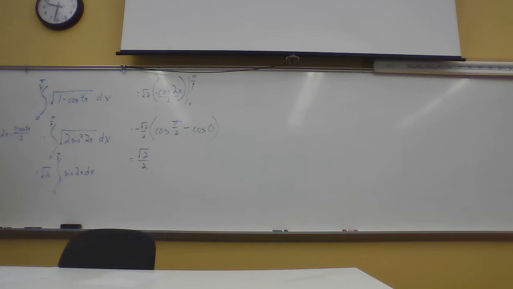So I just multiply both sides by 2, and that allows me to replace the 1 minus cosine 4x with 2 sine squared 2x, which is great because 2 is just a constant, so I can pull that square root of 2 out front, and the square root of a square is just the thing on the inside. So we get square root of 2 times the integral from 0 to pi over 4 of sine 2x dx,